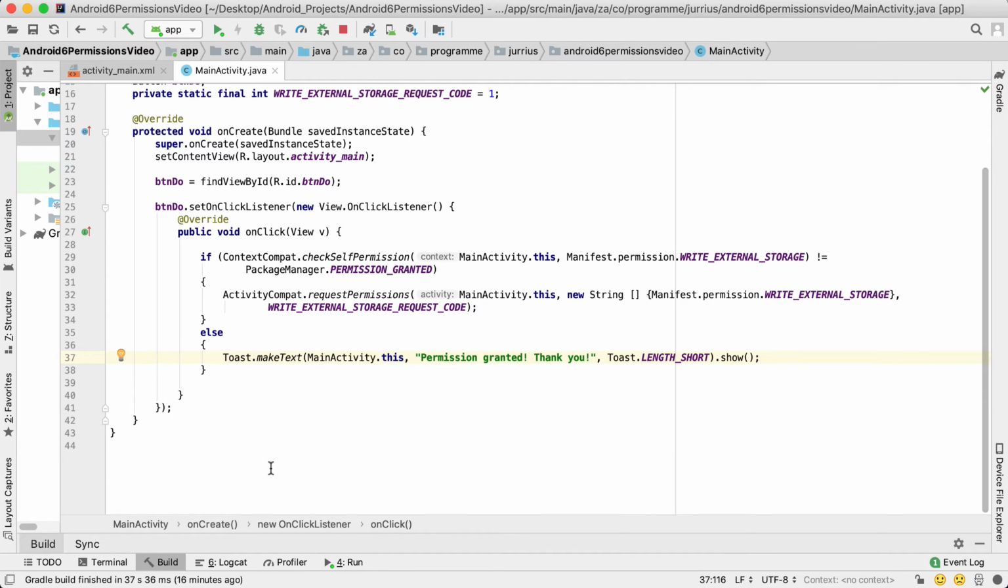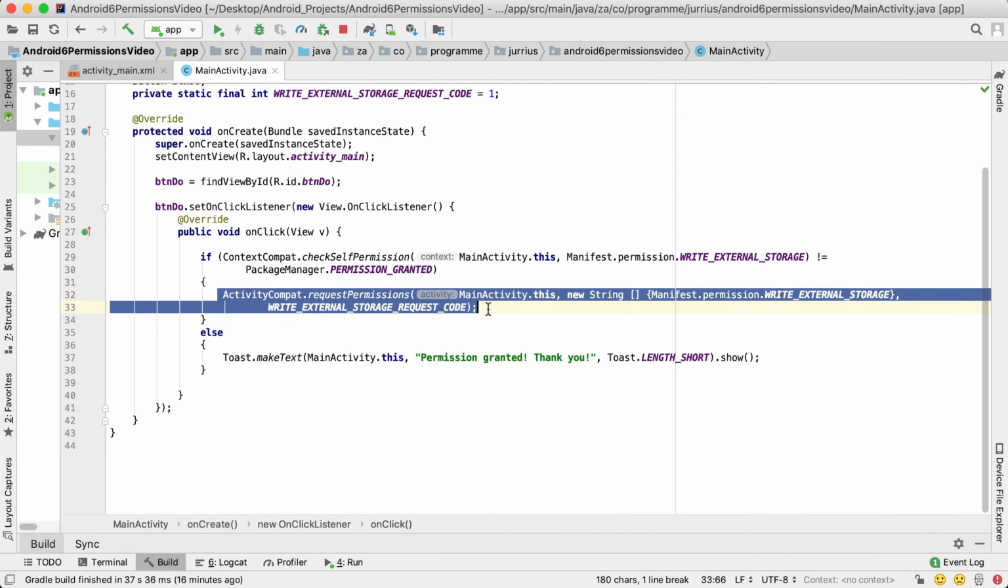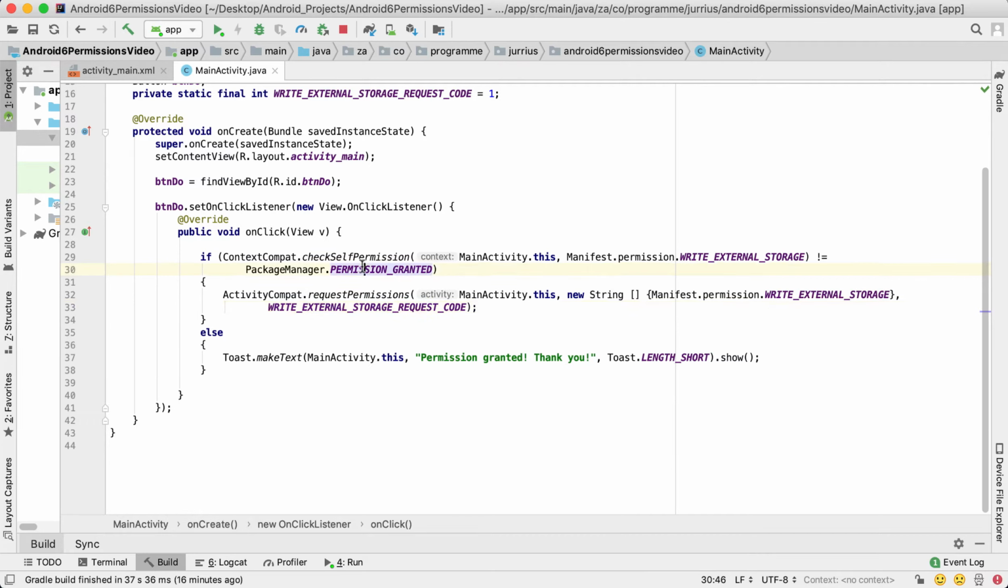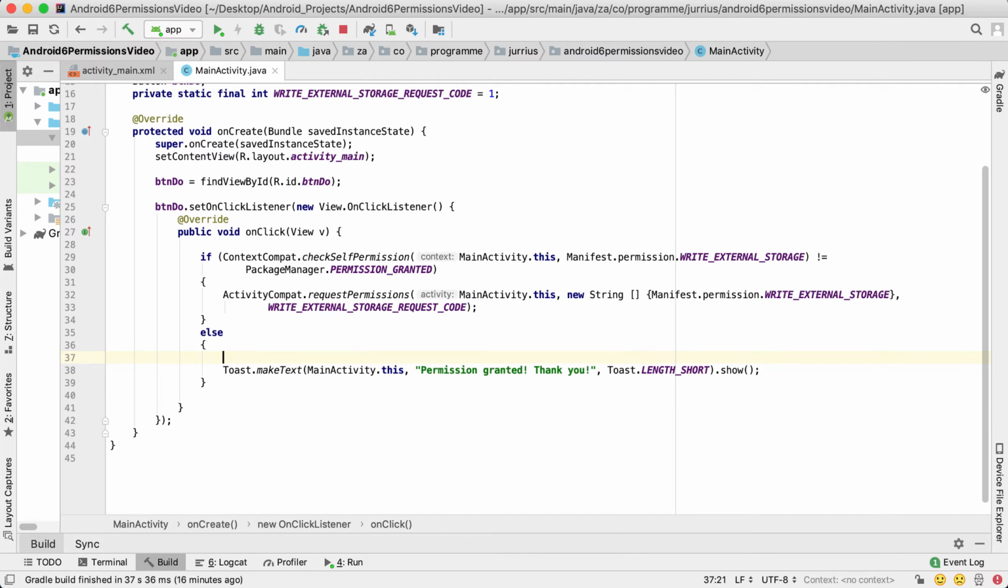Right, so let's just go over this coding again. So in this if statement, we're testing if the permission of writing to external storage has been granted. If it has not been granted, we pop up that dialog to ask the user to allow it. And then if this has already been granted a previous time, we just take him. So in this else, you can take the user